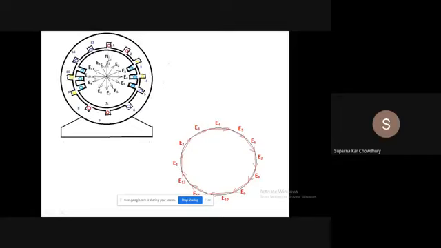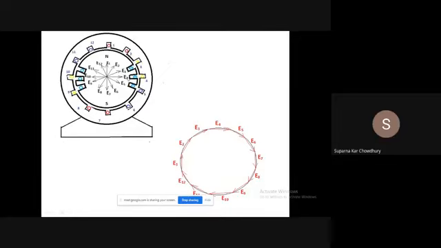Now when the field axis and armature axis are coincident, it will have a maximum EMF. Similarly, if we make a coil with conductor 2 and conductor 8, when the axis of this field is rotating, so when the axis of this coil is along this line, say, when the axis of this coil and the axis of the field is coincident, this will have a maximum EMF.